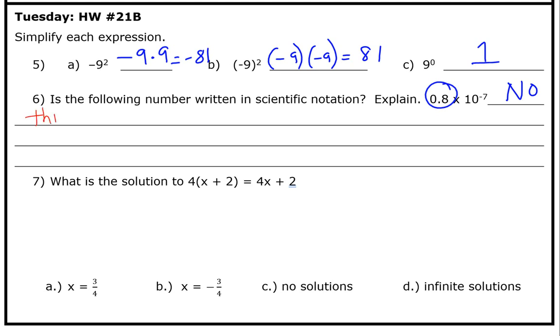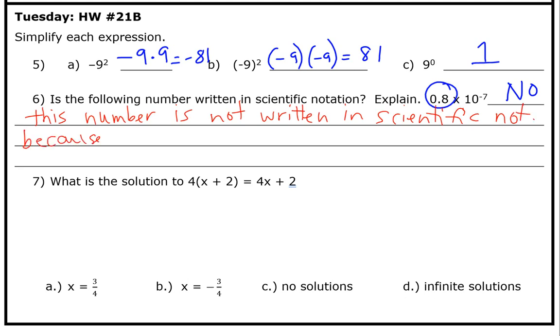No, this number is not written in scientific notation because the coefficient, remember the coefficient is the number that is multiplying the power of 10. So, no, it is not in scientific notation because the coefficient is not written as a number